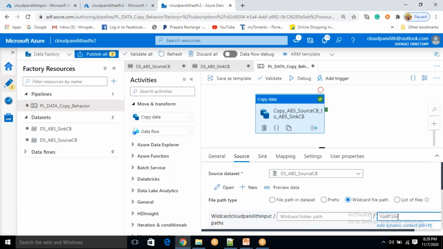Can you tell me how many files will be copied into the destination? I need answers from all of you. Only one file. One second.